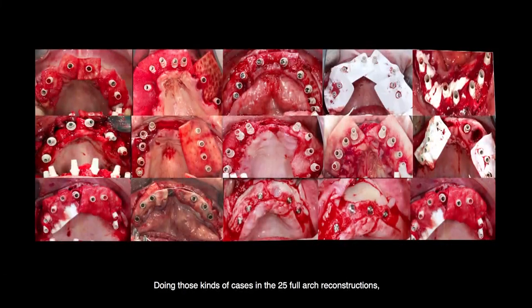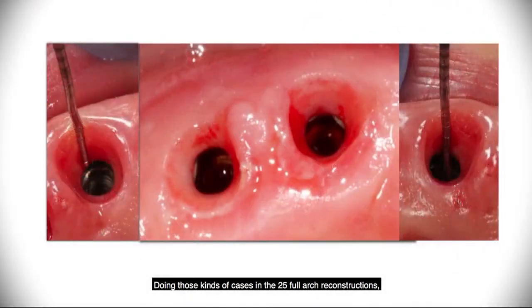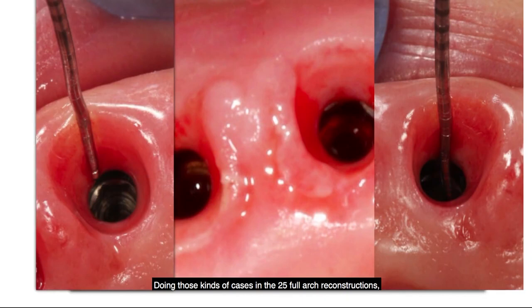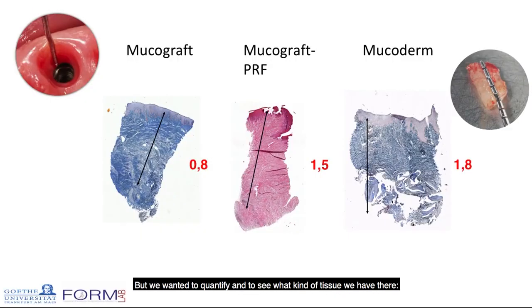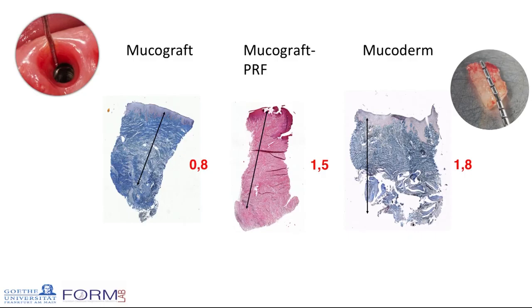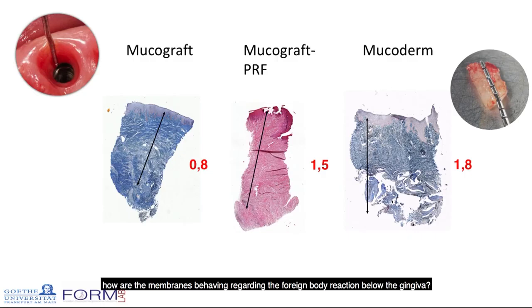And doing those kinds of cases in 25 full arch reconstructions, we saw in all these situations a better soft tissue quality than before. But we wanted to quantify and to see what kind of tissue we have there. Is that a connective tissue? Is that a stable tissue? How are the membranes behaving regarding the foreign body reaction